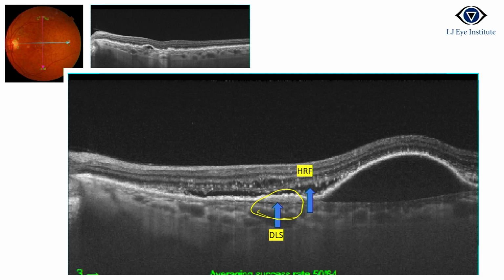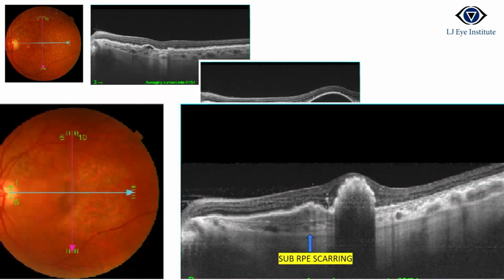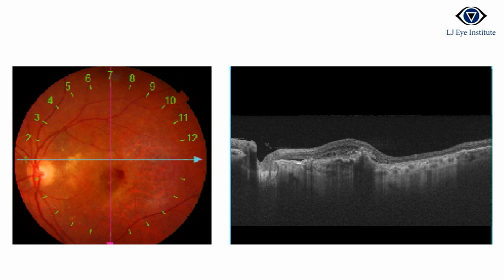So we treated with serial anti-VEGF. You can see finally after 3 anti-VEGF, there is sub-RPE scarring. Now we are a little relaxed that things are settling, but again the patient came with recurrence. So you can't lose the patient just by seeing that it is going into fibrosis. It can recur anytime. So the recurrence has to be monitored by the Amsler chart by the patient and serial follow-ups with us. At the same time, we need to follow up with angiography and OCT angio, which I think madam is going to take care of, so I'm just limiting it to OCT. But this type of sub-RPE scarring is again a poor prognostic factor.